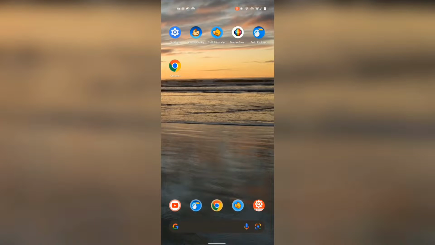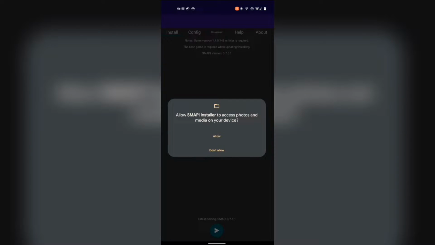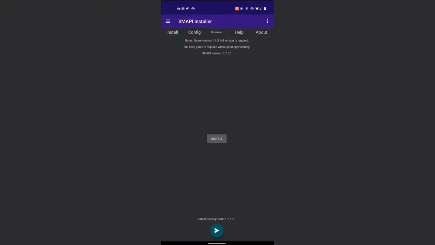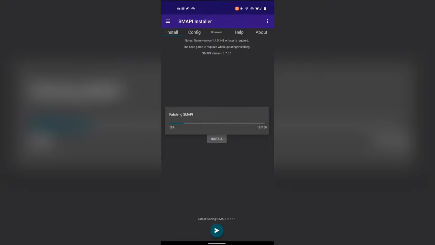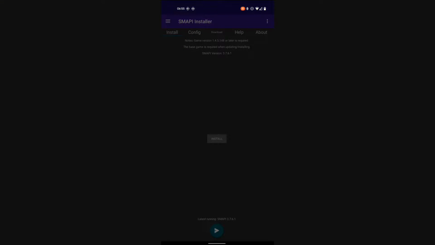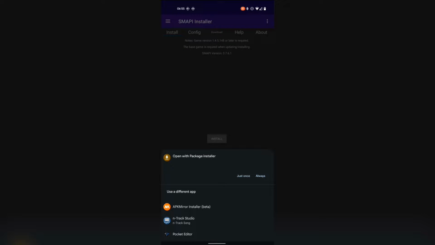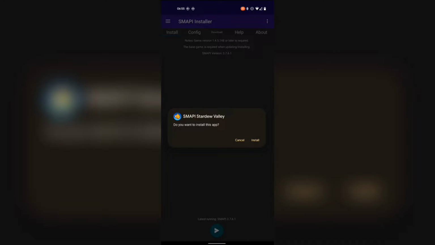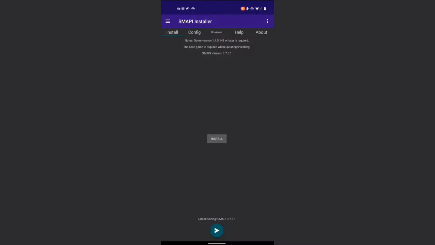So we'll go in and allow, and then hit install. And it's installing slowly, signing. On most phones, it'll just automatically install with the package installer, but you may also have this pop up depending on what you have installed on your phone, and you'll have to just select package installer, and that'll bring it up kind of like you're installing a normal app, and just hit install and it'll install for you. App installed, you can open it, but right now we need mods,